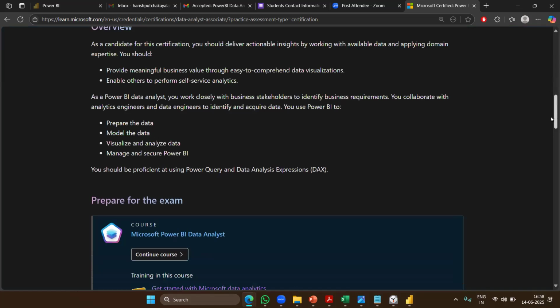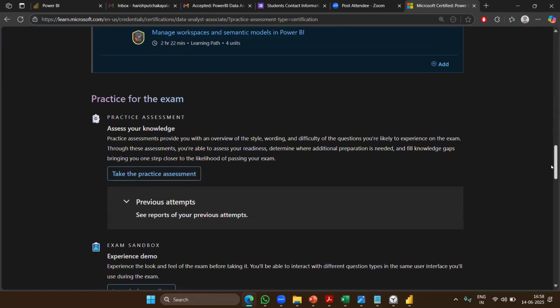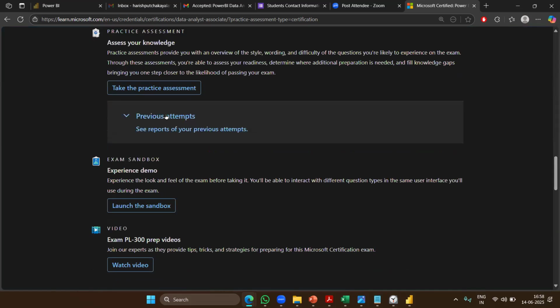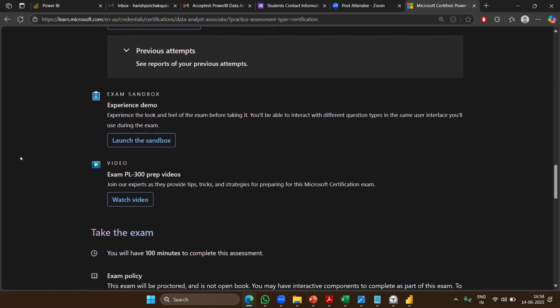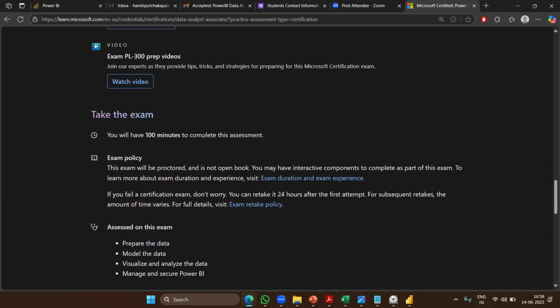And it is going to have 50 questions, right? A lot of practice assessment papers are there. We can try this as many times as we want. They are free of cost. Okay. And I'm going to help you, and we have a team who helps you in case any further support is needed, right? And the certification is named PL-300. Okay, so it's a 100 minute exam. Okay, and it costs around